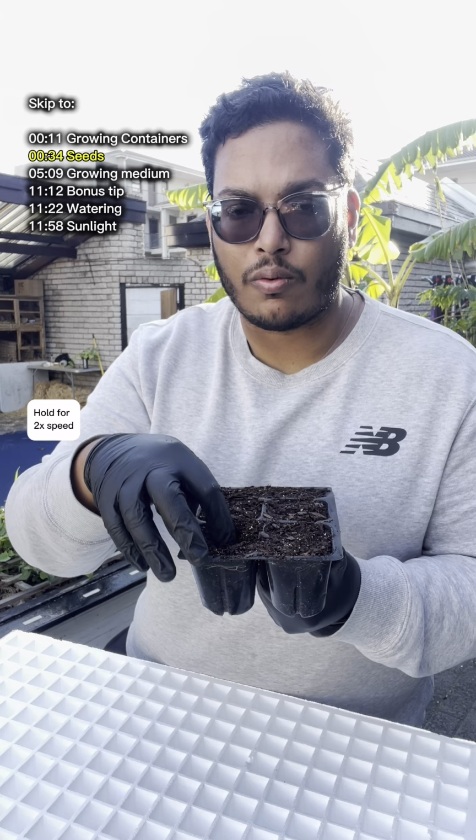Next question I would ask is, the vegetable I'm trying to grow, does it prefer to be directly sown into the ground, or is it okay with being transplanted? Let me explain. Some vegetables like carrots over here, these are carrot seeds, they don't like being transplanted. If I were to grow these carrots in a tray like this, and once they're grown to about that size, I transplant them into the ground where they will now have their final growing space, when it's time to harvest those carrots in a couple of months, the carrots will come out all straggly. They won't come out as that neat long taproot that you normally see, and that's because the carrot has a